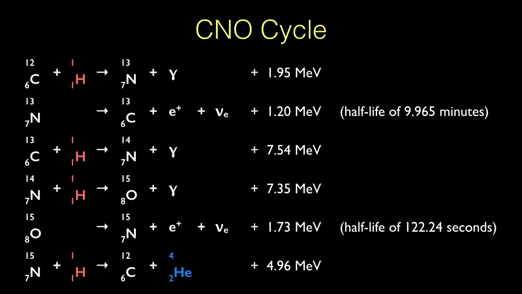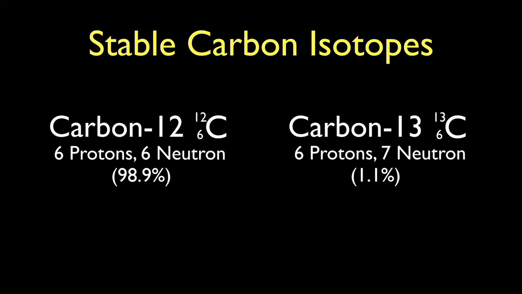So the carbon is really a catalyst here. It just helps in the chemical reaction. So I was mentioning all these different numbers above the elements, the 12s and the 13s. Those are isotopes. Carbon has 2 naturally occurring stable isotopes. Carbon-12, which is most of it, 98.9%, and carbon-13, about 1.1% of all the carbon is carbon-13.